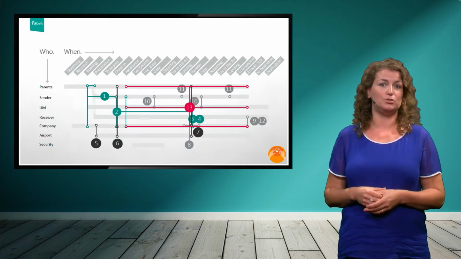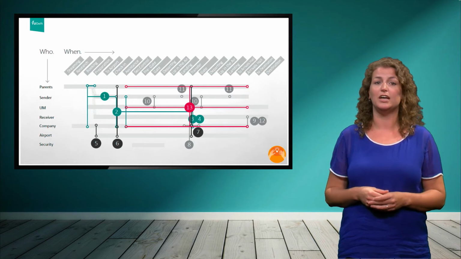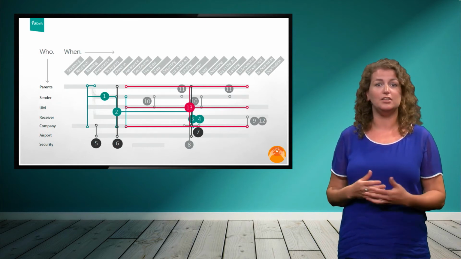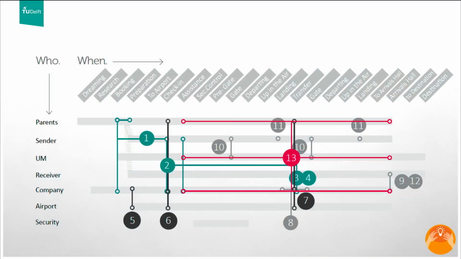This visual is not a representation of the previous map. It has reduced all the details. What is visible are the stages of the journey and the different stakeholders involved. One of the dangers of a journey map is all the detailed information it contains. It tempts you to focus on one stage of the journey or on one stakeholder, while the real challenge is to make a difference throughout the stages for all stakeholders.